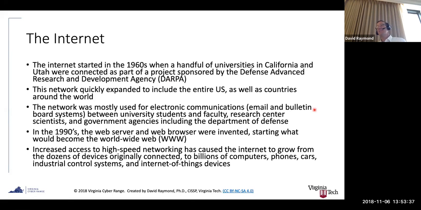So back in the 60s, 70s, 80s, people generally didn't know what the internet was. It wasn't until the 1990s, with the advent of the World Wide Web by a smart guy named Tim Berners-Lee. He invented the World Wide Web, and that became the thing that made the internet useful to the general population, right?